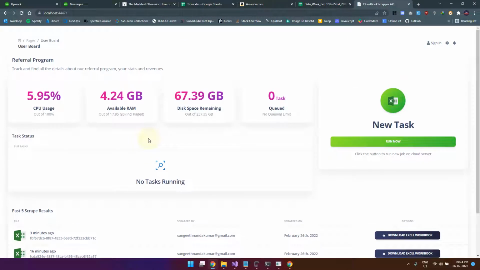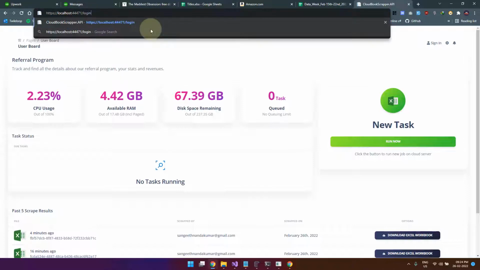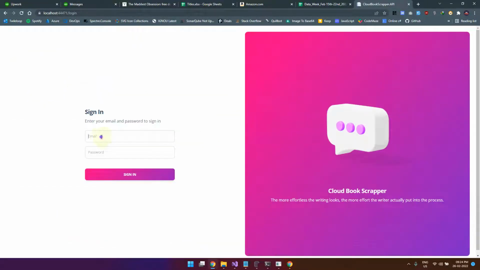Now a few things I would like to discuss with you. So now coming to what's remaining. For this, I have created a sample login page. I'll just show you. So this is how the login page looks. I have not integrated the authentication part as of now, so nothing will happen when I click on sign in, but this will be how the login will look. Now that is one thing remaining. Another thing is that whoever you choose will have administrative rights to control who will have access to the server. That is something I have to do.